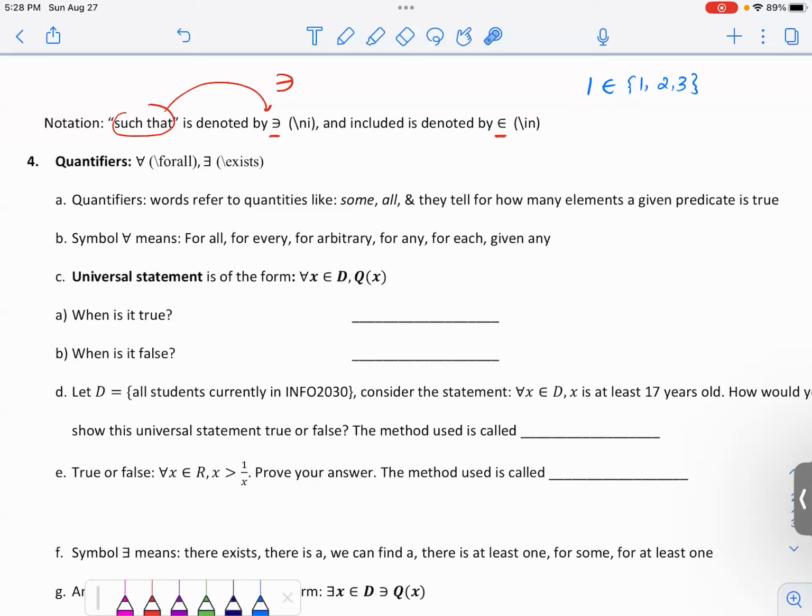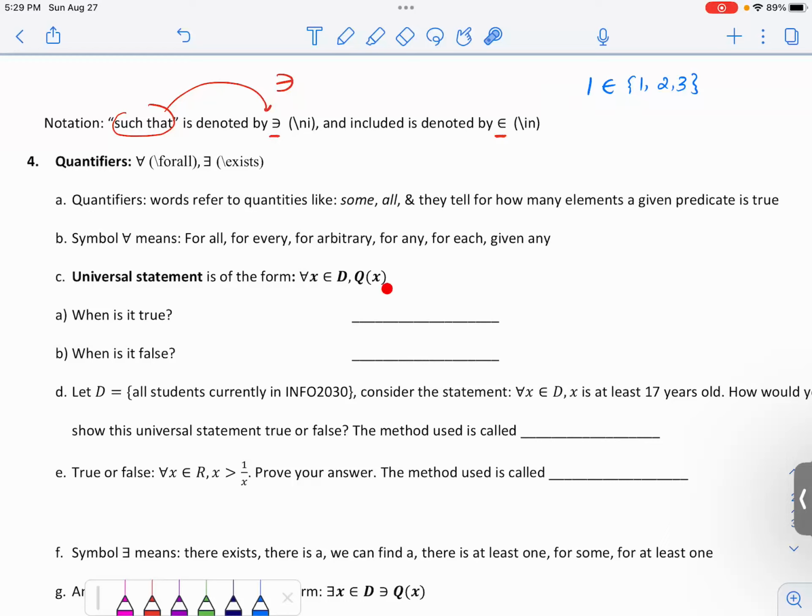All right. Again, this symbol for all means for all, for every, for arbitrary, for any, for each, given any. So they all share similar meanings, basically for all. When this symbol is used, we have a universal statement. So a universal statement is in this form: for all x in the domain D, a set D, usually it's the domain,